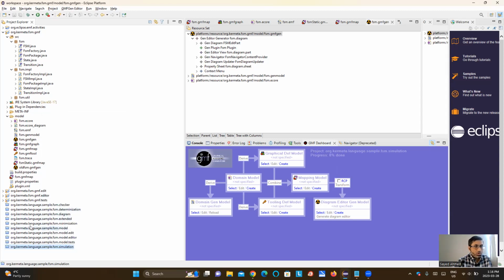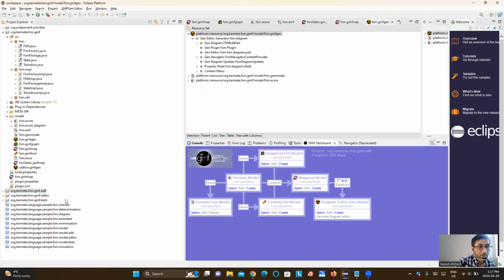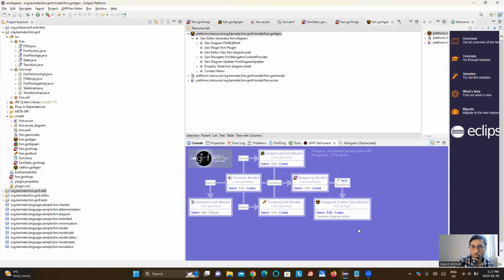Okay, I'm closing the projects. Now, one thing is I want to see even if this got generated or not. Okay, let's try with just this first. Okay, diagram editor. Probably I need to select something, right? Okay, so this is the one that I select. Okay, so it is there. Now if I generate,